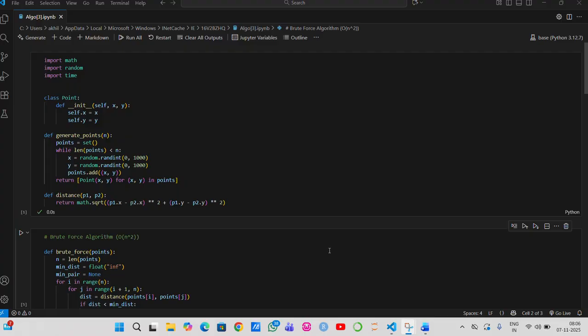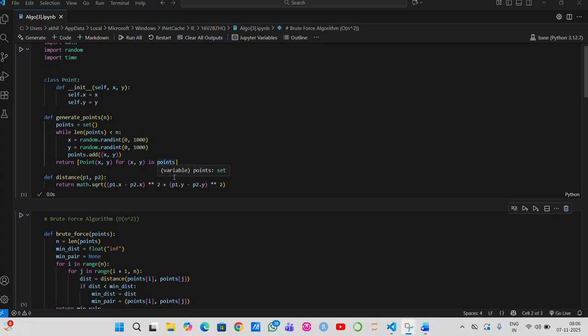The main goal of the project is to compare the performance of two algorithms to solve this problem: the brute force approach with time complexity O(n^2) and the divide and conquer approach with time complexity O(n log n). Coming to the execution part, here I wrote the two algorithms in Python code in